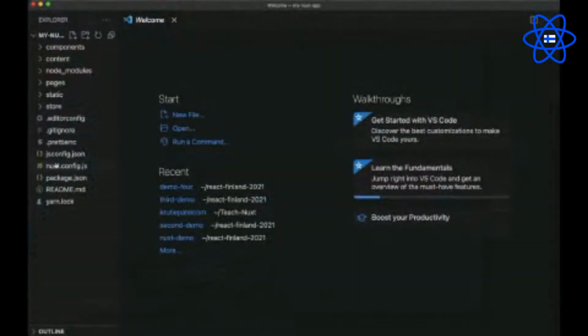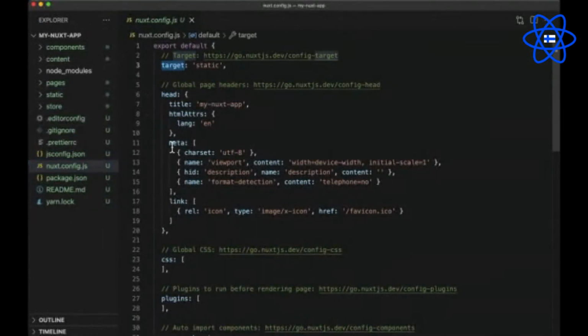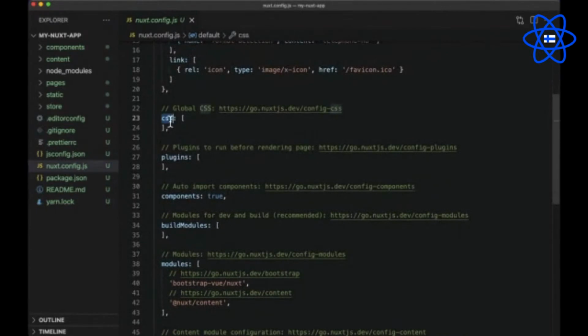So the first thing I would recommend you check out is the Nuxt config file of this Nuxt project before you start anything, because Nuxt config is the blueprint of your Nuxt project, and here you will find the deployment target, your meta tags, including your global CSS, plugins and modules.